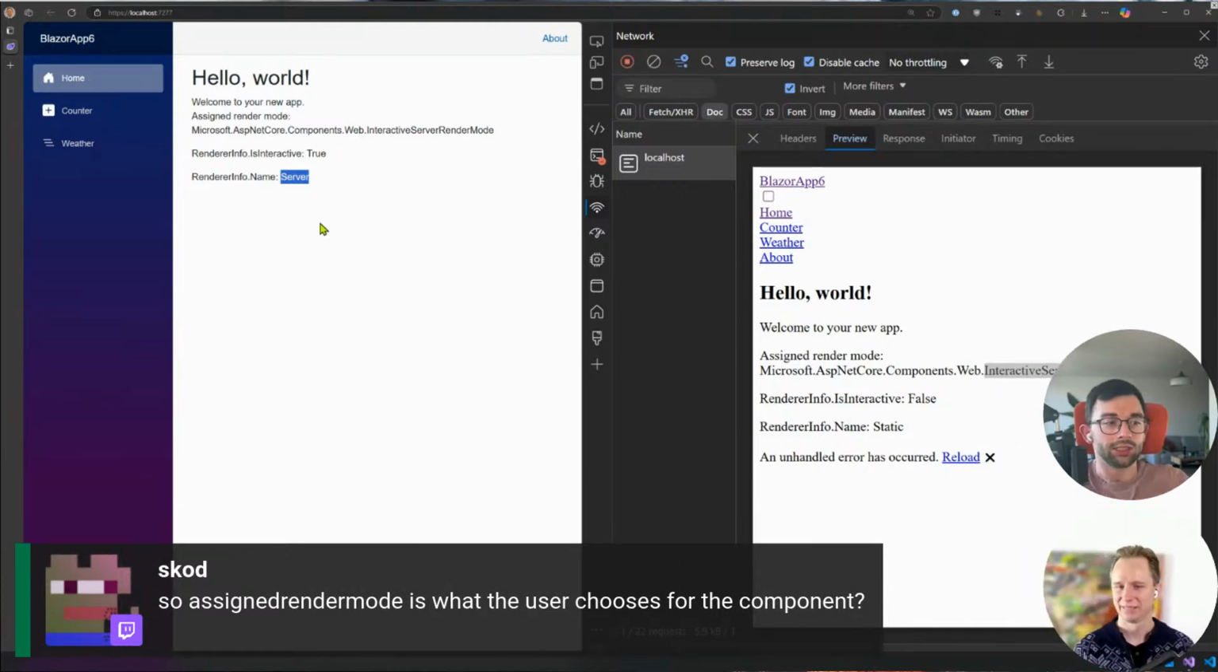So assigned render mode is what the user chooses for the... Yes, so either globally or on a component level. Yeah, exactly. So what I think is happening here is that we have,